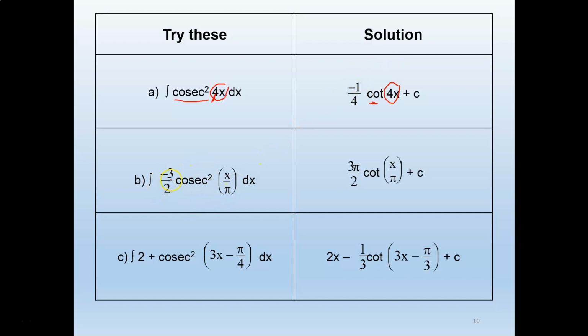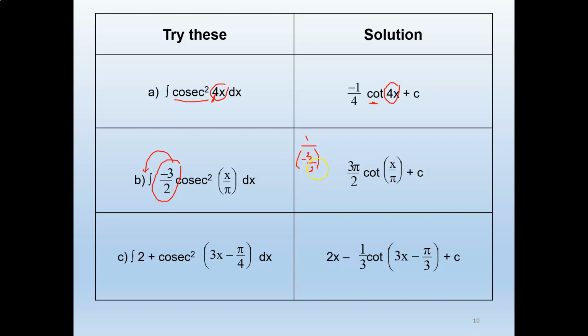And then integration of negative 3 over 2 cosec square pi of x over pi dx. Okay, negative 3 over 2 ni you can bring it at the front. Letak dekat depan siap-siap ini boleh. Because it is a constant, kan? So you will have integration of cosec square, you will get negative cot. Kenapa di sini tiada negative? It's because of you have this one, kan? So dia akan jadi 1 over negative 3 over 2